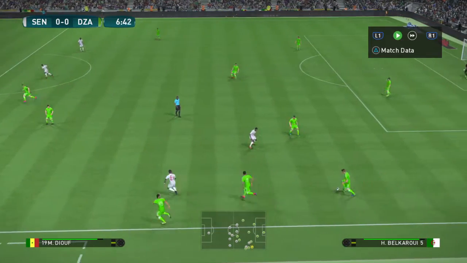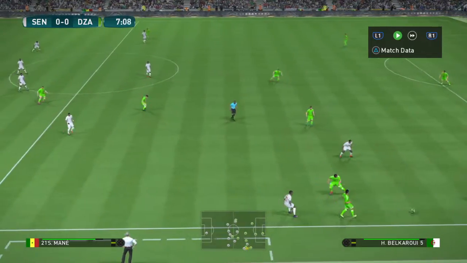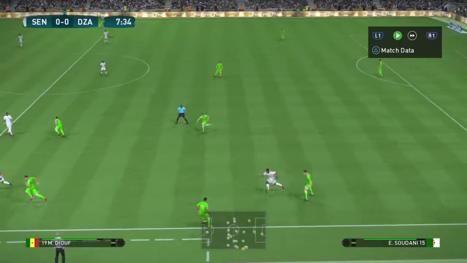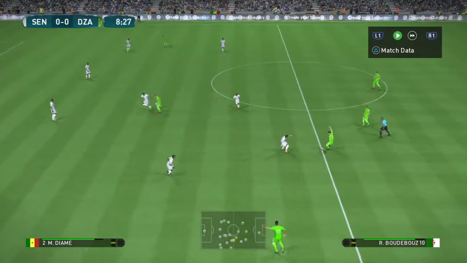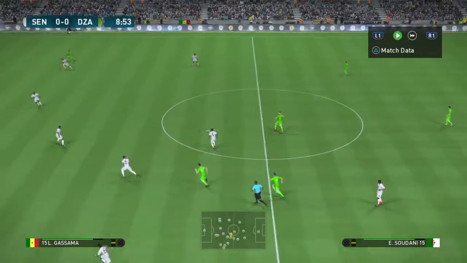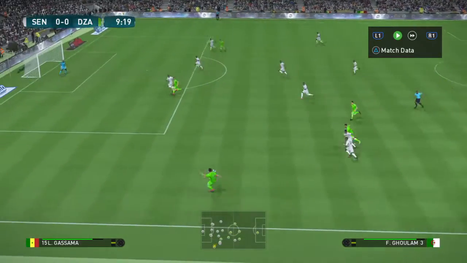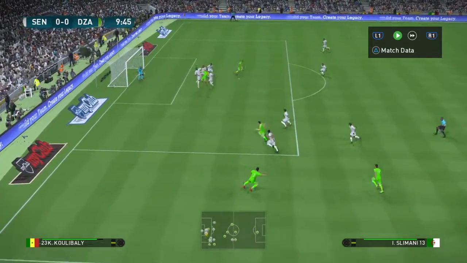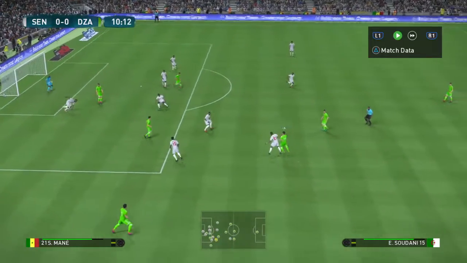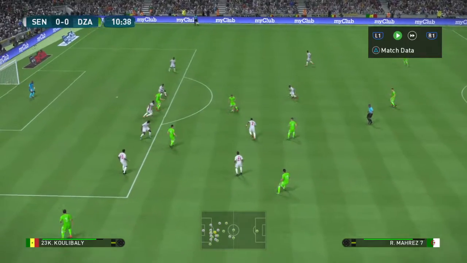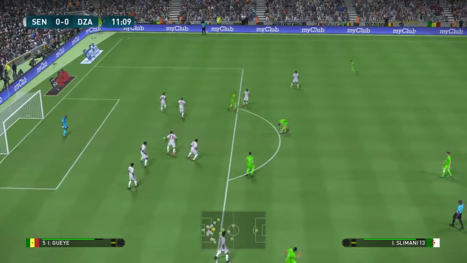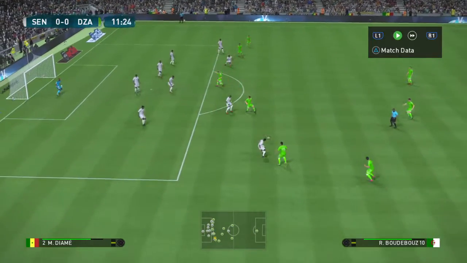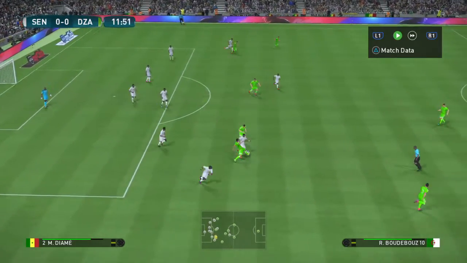Throw-in taken. Brahimi to Soudani, back to Brahimi, to Bedbouzi, to Slimani, to Bedbouzi, to Bentaleb, who sends it on the flank. A beautiful header up there towards Ghoulam, who sends a cross in the box. It's been cleared there by the Senegalese defense. Still Algeria in possession. Ball to Mahrez on the ball. Gets by his marker beautifully, but it's been stopped there in the box. But still Algeria has a free kick here. Slimani with the quick free kick, and Senegal regains possession.